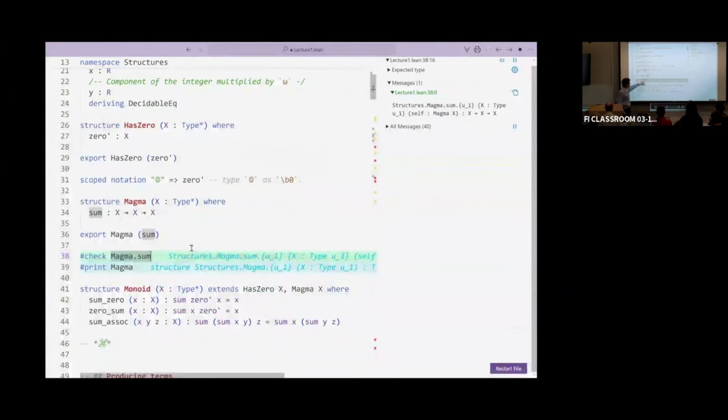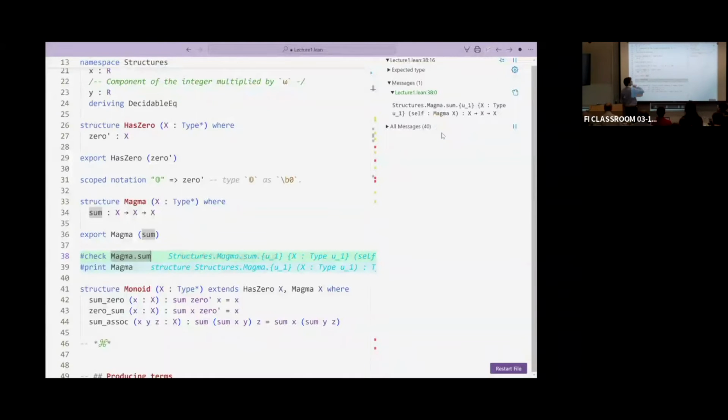And then, well, it's a function that takes a type x, then takes this self, a term in magma of x.